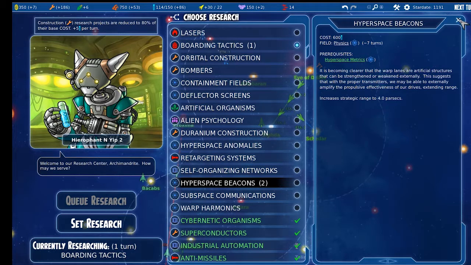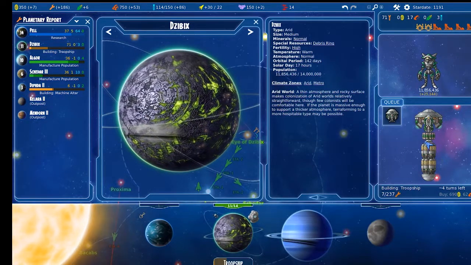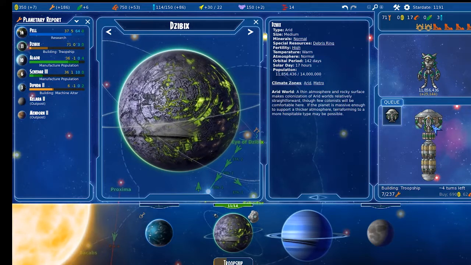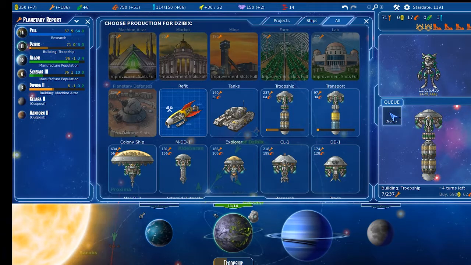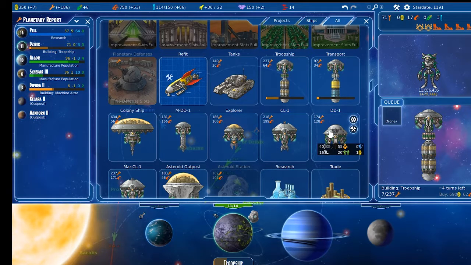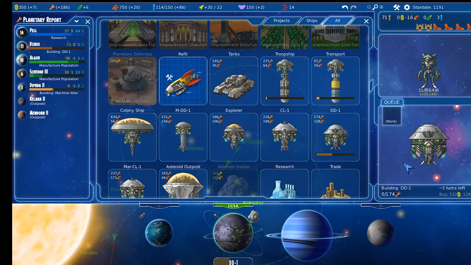Okay, so 8 turns. What can I get at Zabix in 8 turns? Okay, I got 4 turns left. Really? Troopship is 4 turns? Wow. Okay, 4 turns. The DD, how many turns was the... why do I keep doing that? The DD is 3 turns. Okay, I think I'm going to put the troopship in, but I'm going to put it further in the queue